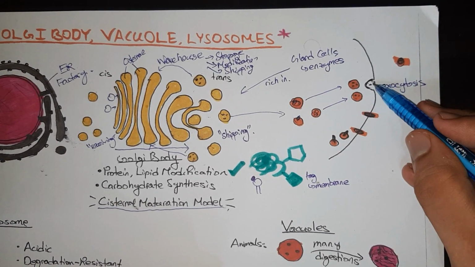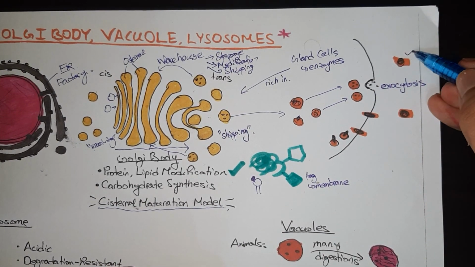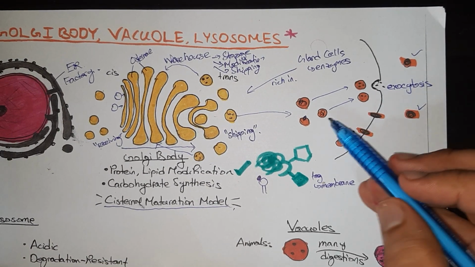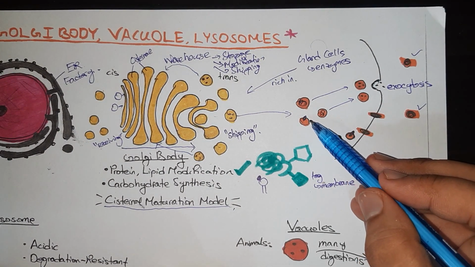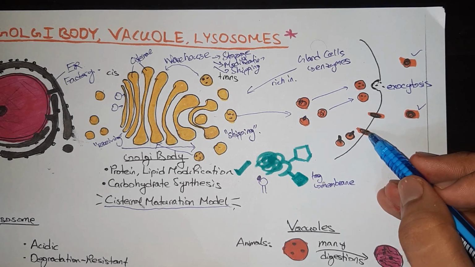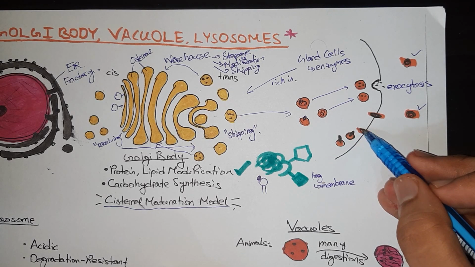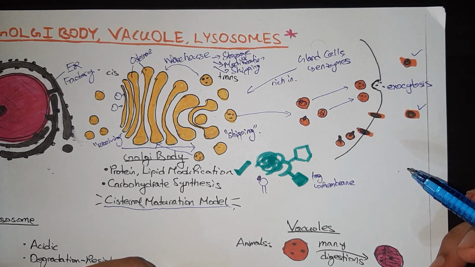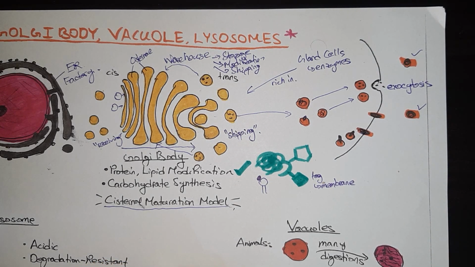And now these proteins have all come out of the cell and they can execute their function outside the cell. The second type of protein is the membrane protein. The membrane protein can go to the membrane and embed itself inside the membrane to carry out its function. So now students, that was the Golgi body.